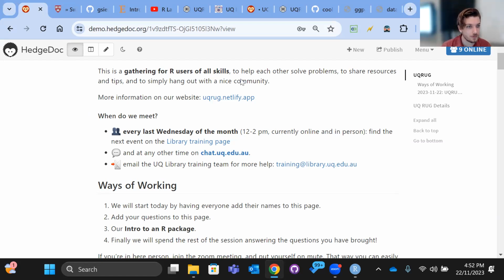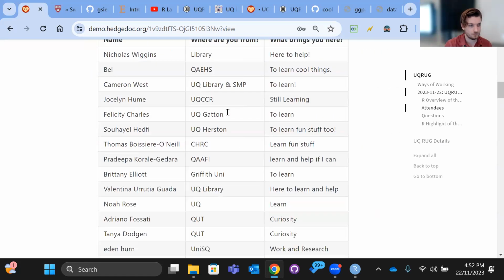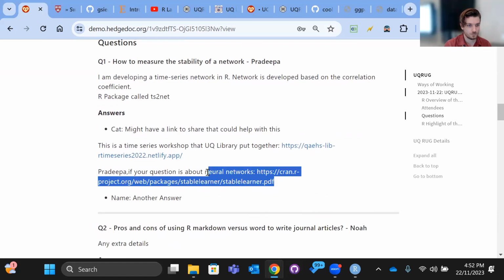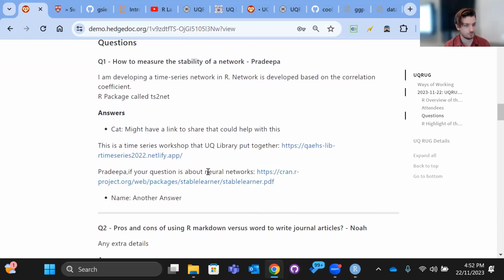Valentina is coming in with a comment. Did you find another answer to something? No, this is more questions because I'm not sure if she means network, because network may come in so many things. But if there is a neural network, there is a link there for a package in R that can evaluate the quality of neural networks. Awesome. Sorry, you were wrapping up very nicely, and I'm like, no, more answers, maybe. Perhaps there is another answer there potentially.